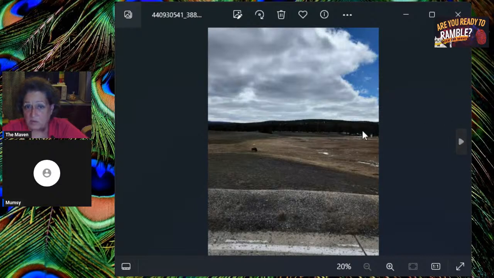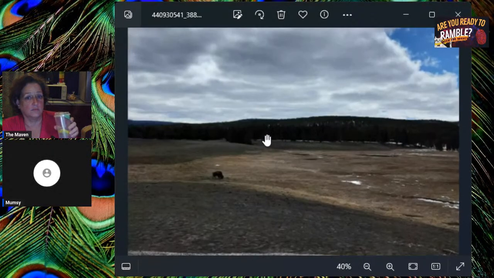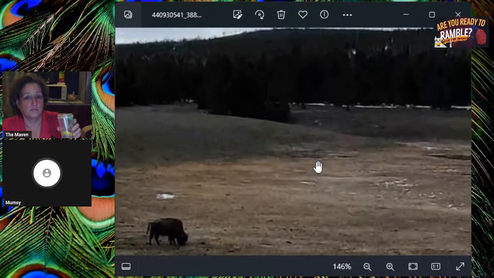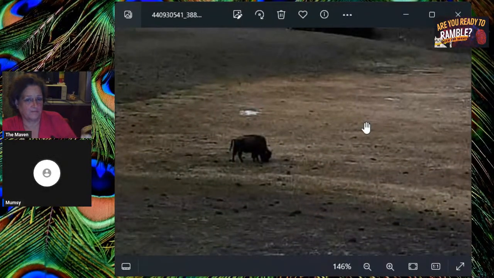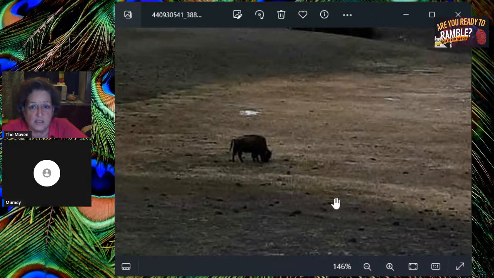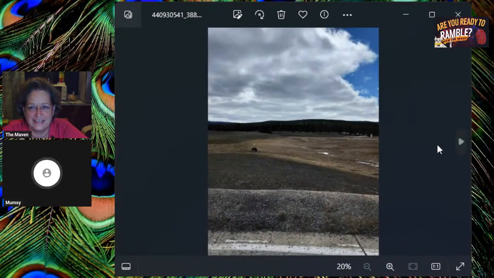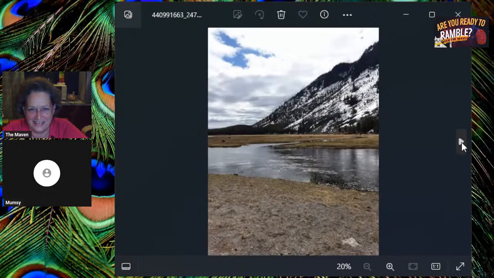Another nice picture. And we've got a bison here. That's right. And if you were to close up on that, you would be able to see it. My camera, I took him for the distance. See, now you can see it. It's feeding. And you see a little very nice snow there. Looks like there's lots of cow patties around too. Maybe. Well, I wouldn't call them cow patties. I would call them bison patties. You're right.